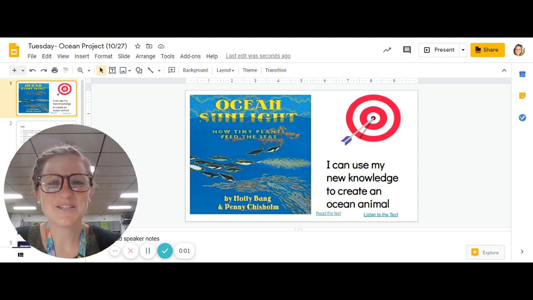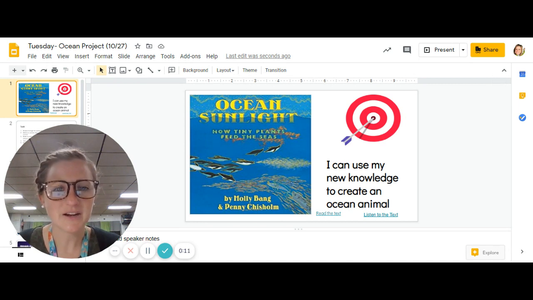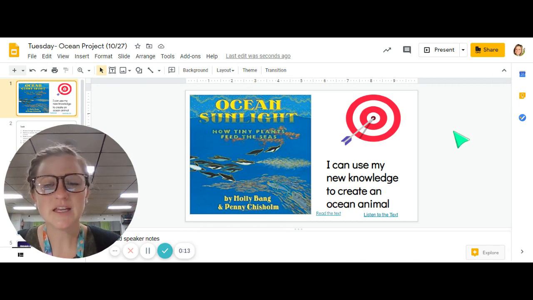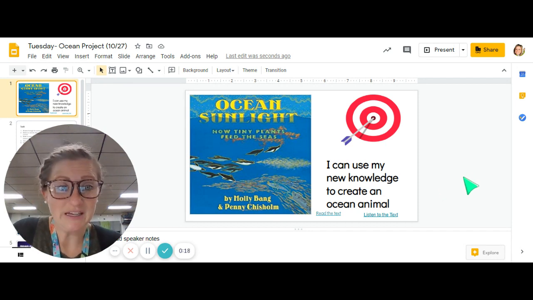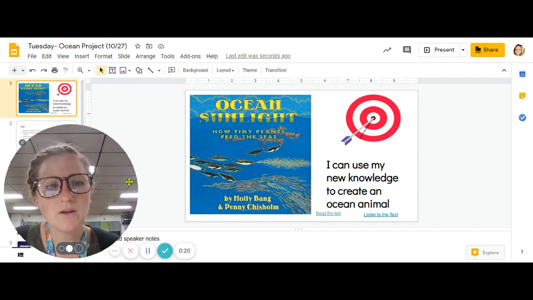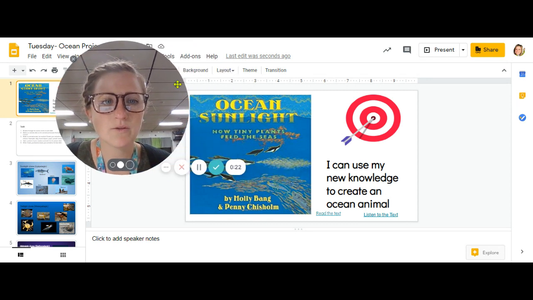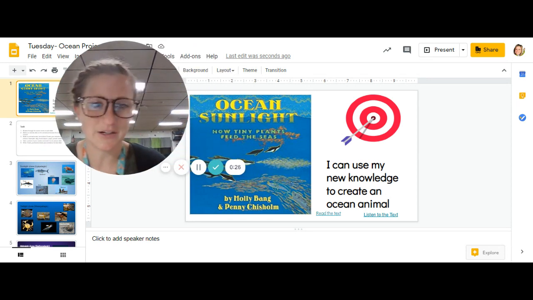All right, guys, to wrap up our work with ocean sunlight, you are going to do a little project today. So, we have been learning about how there are many layers to the ocean and how each of these layers has a different animal that is eating a different thing. So, when you are looking through the slides today, you're going to see that they are organized in different layers